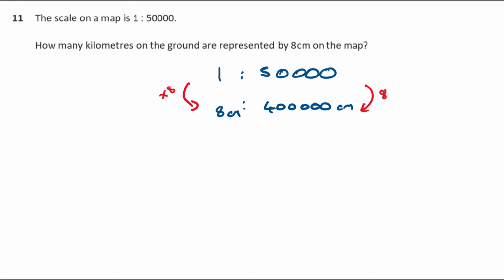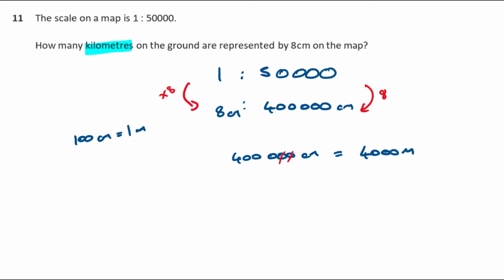Okay, but we don't want it in centimeters. We're asked how many kilometers it is. Okay, so what is 400,000 centimeters in kilometers? Okay, well, first off, I know that there are 100 centimeters in 1 meter. Okay, so if I take this 400,000, I divide it by 100, I'm going to get it in meters, aren't I? So dividing by 100 is basically scratching those two zeros off the end. So it's going to be 4,000